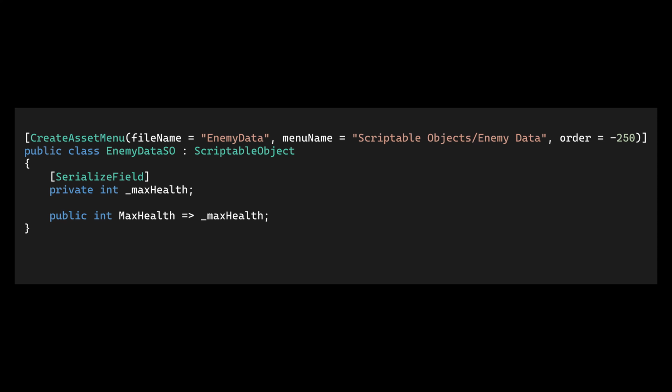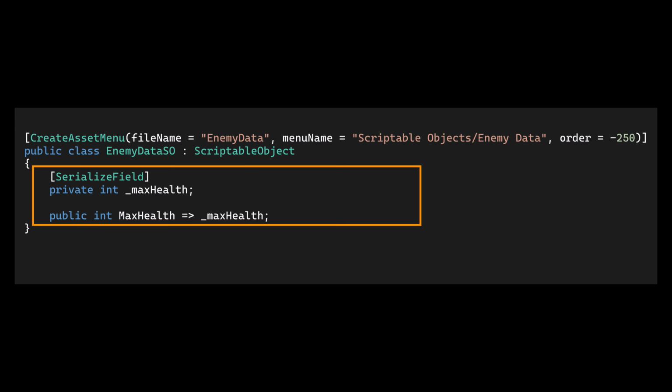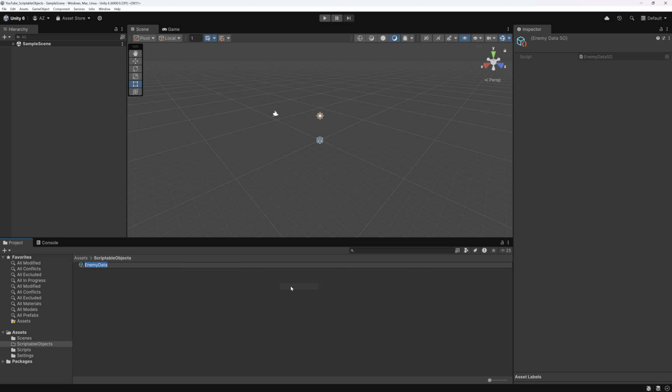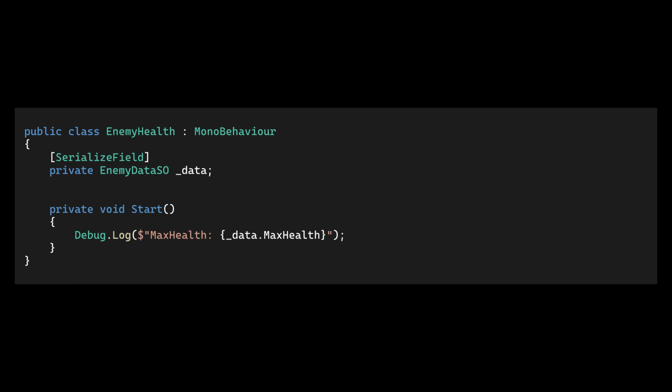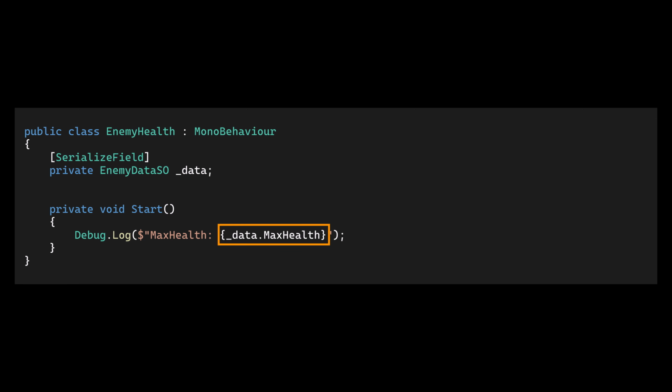To summarize, to create a scriptable object, we start by creating a class which inherits from ScriptableObject. We then add the CreateAssetMenu attribute to create a new entry in the Assets Creation menu. In the body of the class, you can add everything you need, such as fields, properties, methods, events, etc. You can then create assets from the Create menu. You can create as many assets as you like from a single script. To access an asset, add a field of the scriptable object type in the component where you need it, and then assign the required asset in the inspector. Once this reference has been retrieved, the contents of the scriptable object can be accessed.